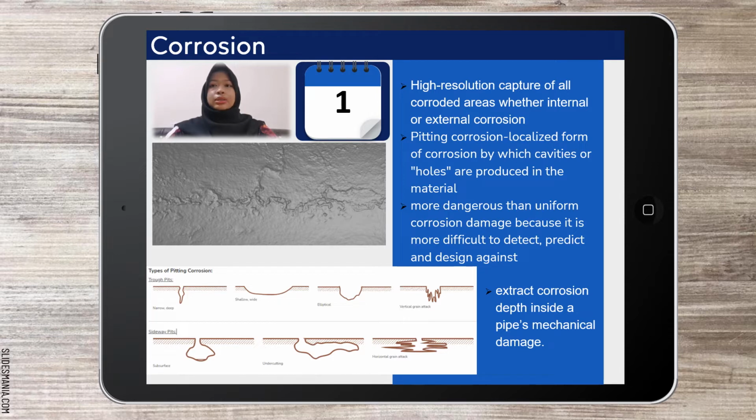This is because there are a few types of corrosion, for example, uniform corrosion and pitting corrosion. Pitting corrosion is the localized form of corrosion by which cavities or holes are produced in the material. This pitting corrosion has two more types, which are the through pits and the sideway pits, as you can see